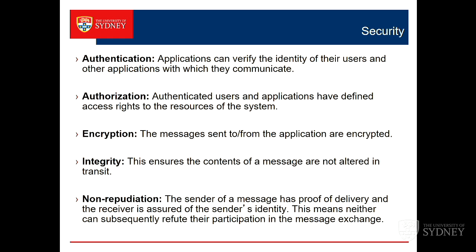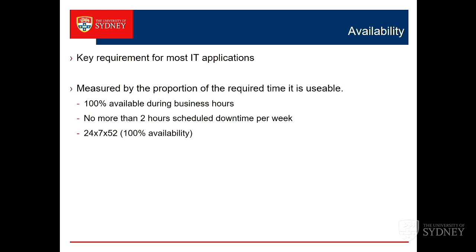Integrity, how do you know someone hasn't gone in and altered something on the path? So are you doing message signing? Non-repudiation, someone says, oh, I'll buy $1 million worth of this, and then you get a bill and they say, I didn't order that. How do you know where the messages you get are from, and you can prove their path, their provenance? So lots of complicated questions there, all of which have to be considered to some extent.